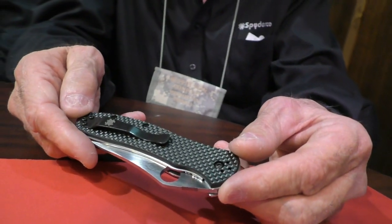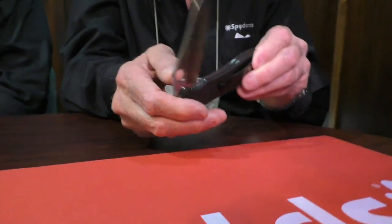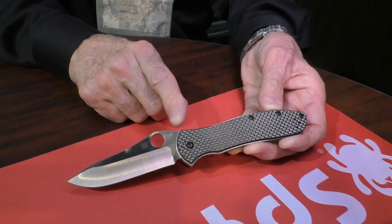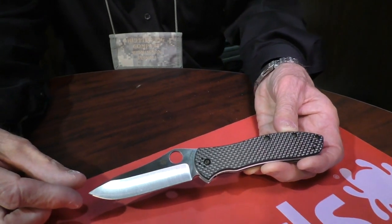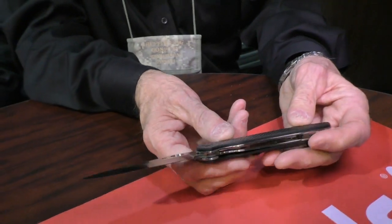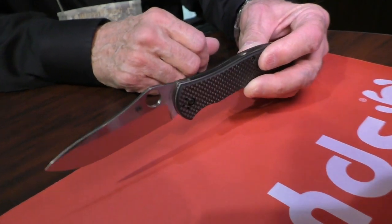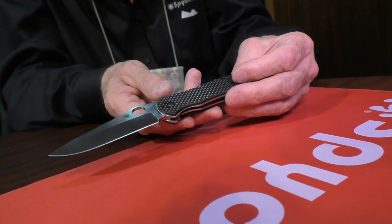It's got the same pocket clip. The design of the knife is a little sleeker. The handle is thinner chord-wise, thinner width-wise. The blade is a little longer, and it's also a little more pointed. The blade steel is thinner. Overall, it's a little lighter weight, but still has the bronze bushing, has a 3/8 stainless steel pivot,